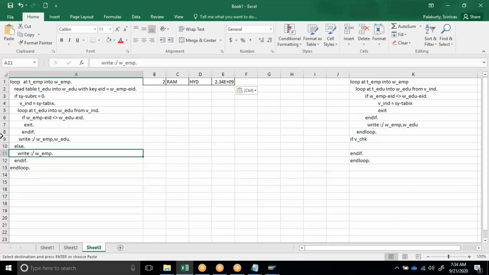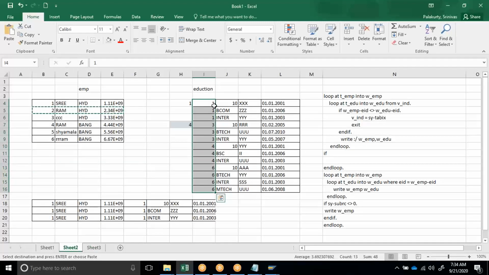Now record number 3. Again you are searching where is record number 3, again from the starting. Is it 3, is it 3, is it 3? So you are searching for the record again. Indirectly it will search where is 3, where is 3. When you come to 4, where is 4. When you come to the 5th record, where is 5, where is 5, like this it is searching the entire table.